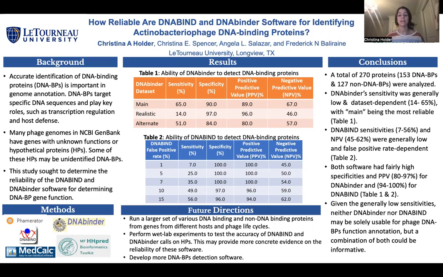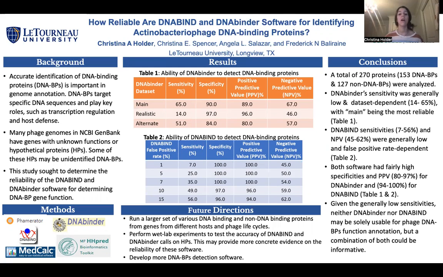So out of curiosity, I decided to run all of those hypothetical proteins through DNAbind and DNAbinder. Interestingly, I found that most of these proteins had very strong probabilities to be DNA binding. Although I was not able to call any of these functions since there were no strong NCBI BLAST or HH-pred hits, this did bring up the question of if we could trust these softwares to make future calls for